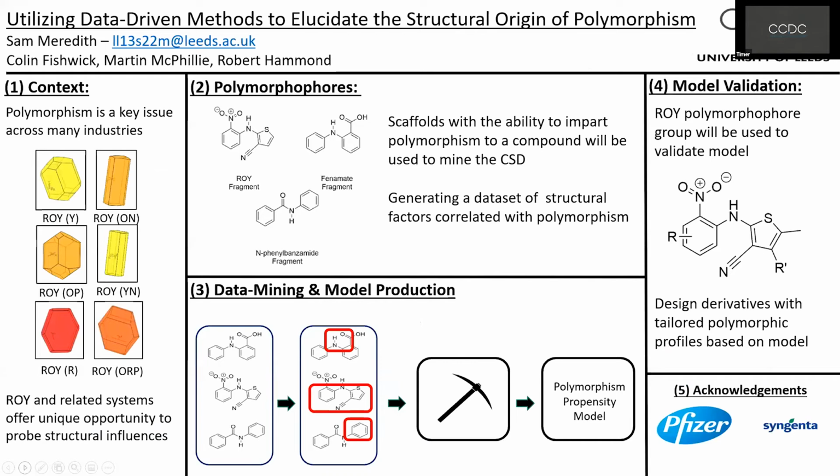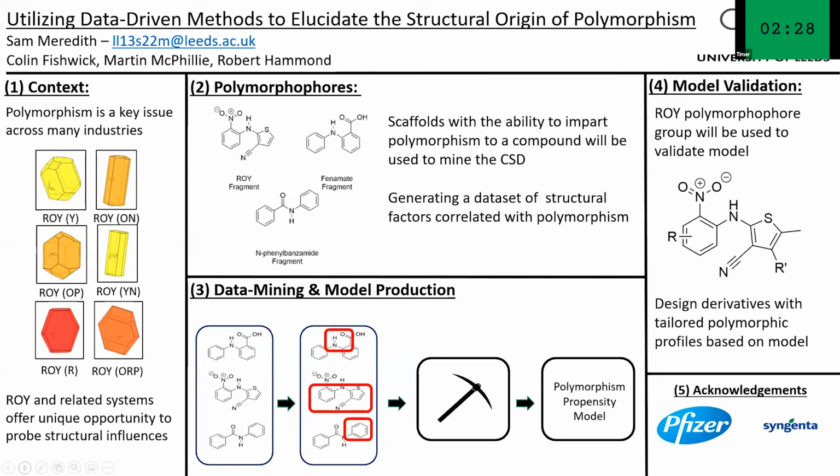Morning all. My name is Sam. I'm a PhD student at the University of Leeds, and my project is utilising data-driven methods to elucidate the structural origins of polymorphism. So polymorphism is a key issue across many different chemical industries. This is because different polymorphs of the same compound can display markedly different physical and chemical properties. This can make choosing the optimum form to take forward in things like a formulation exercise quite expensive